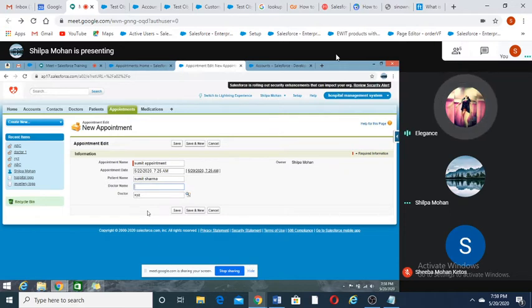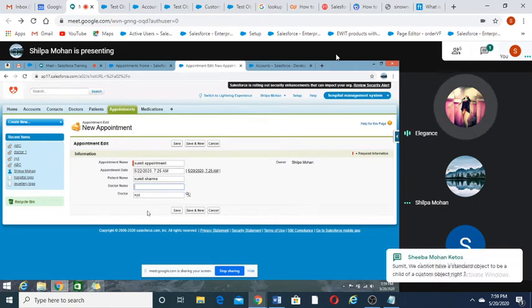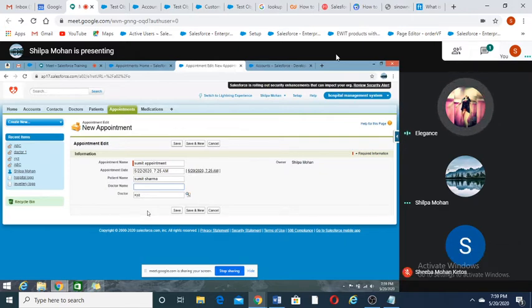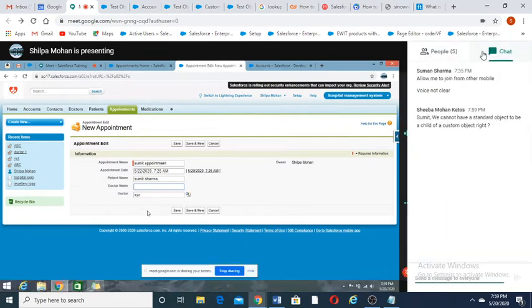Because if you want to relate one to many or many to one, you can use a lookup relationship. Here, doctor is a parent object, appointment is a child object. So you have related appointment to doctor so that it would be easy to connect appointment with a doctor.